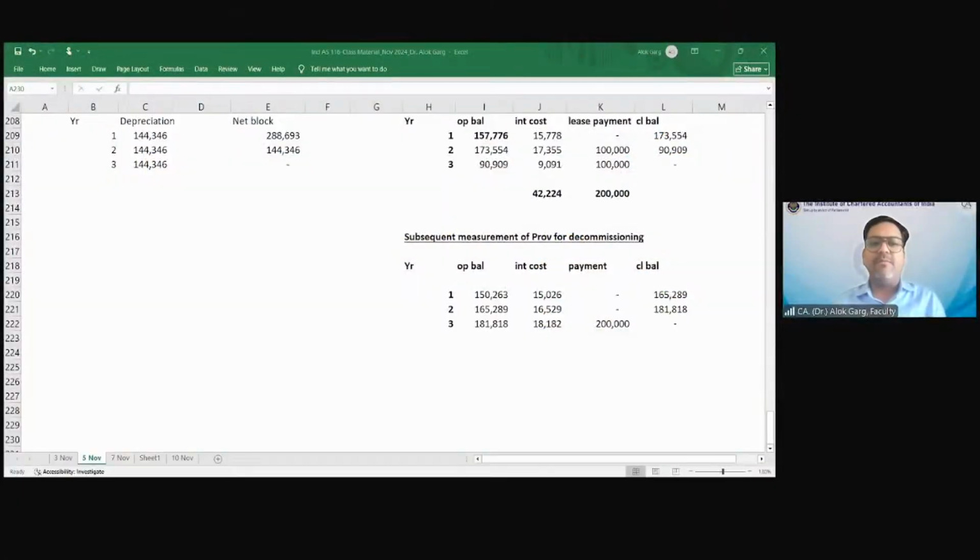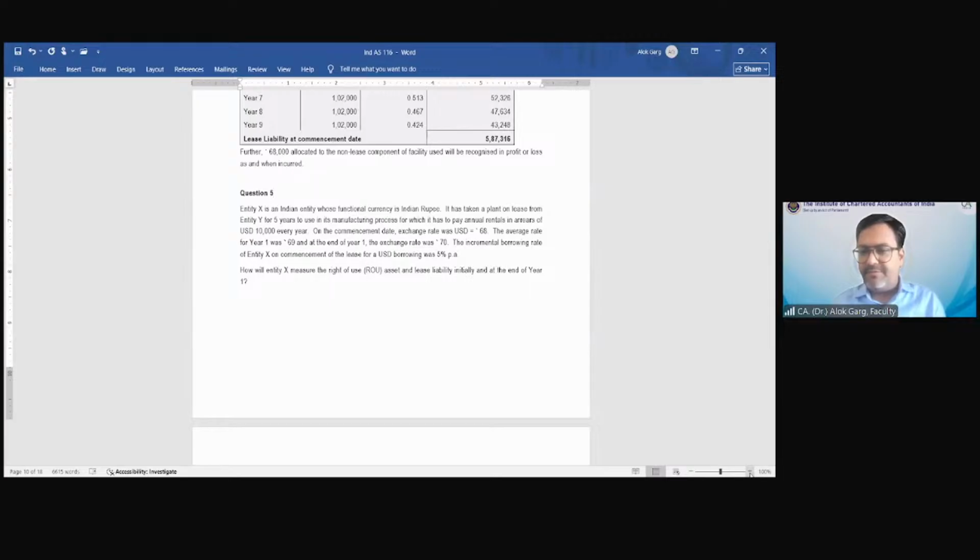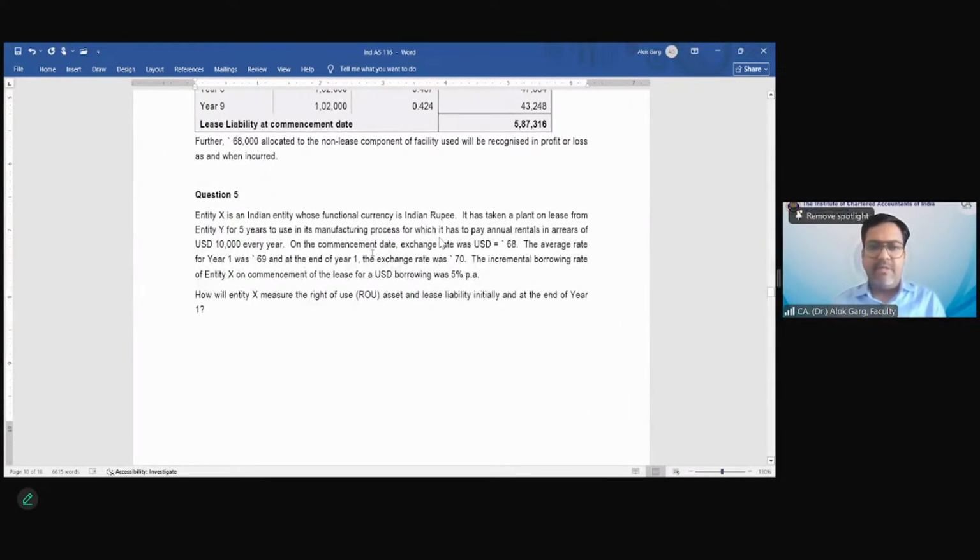Friends, now I'll solve some questions, right? And I believe the word file is visible to all of you, and you can see the question number 5. Are you able to see the question number 5? Is the word file visible to all of you? Okay, very good. Yes. So let's read question number 5, and we will solve this question, and we'll solve a few other complex questions also to revise the concept, to solve more and more questions.